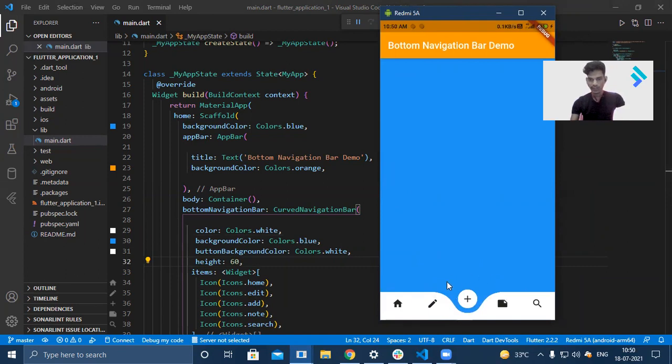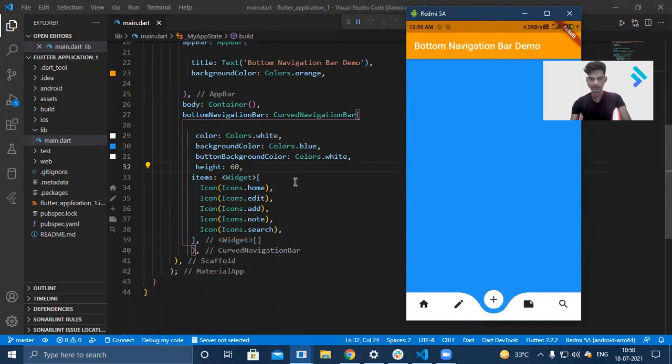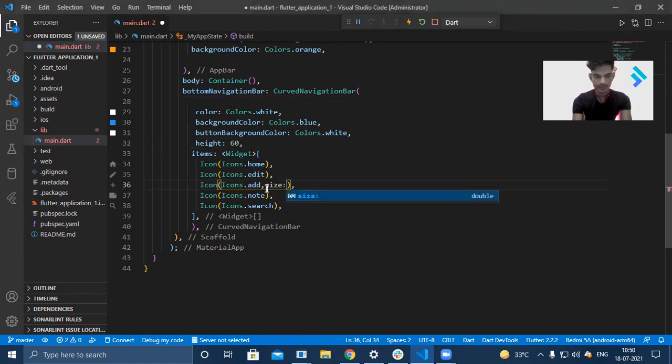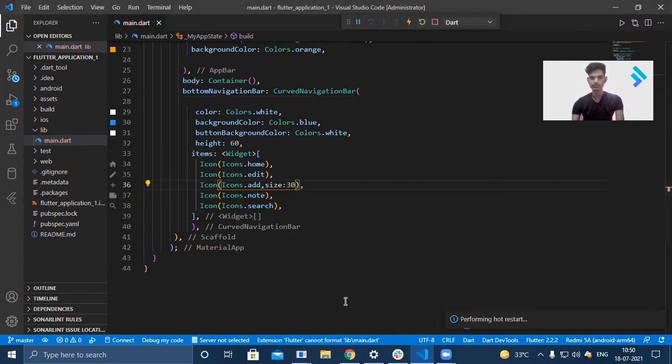And so you can increase this button or increase the icon size. Like I'm going to increase this one. There is an attribute called size. You can give it anything, whatever you want. Now if I run this,